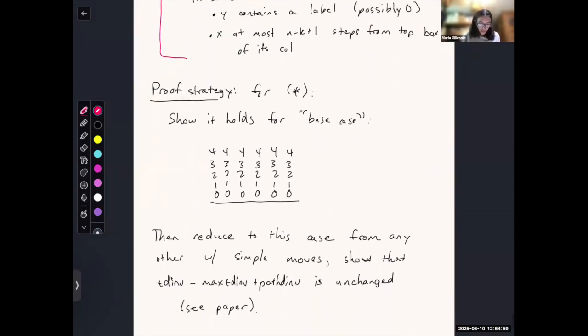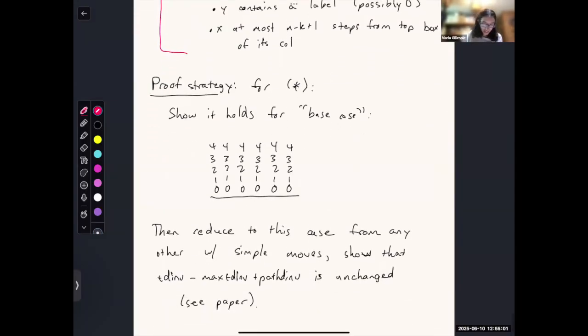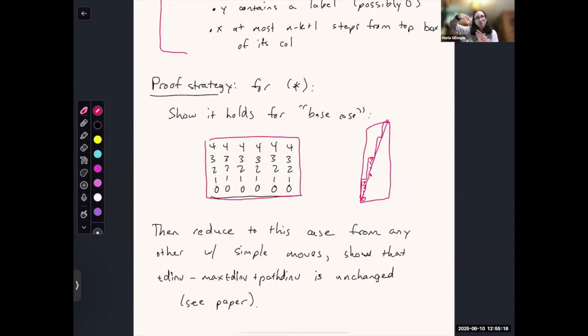And then the proof strategy is going to be show it holds for the base case, where the base case is the sort of parking function that looks like this. And intuitively on a big diagram, what it looks like is your dict path is hugging the diagonal and keeps coming back to it, and you're filling it with 0, 1, 2, 3, 0, 1, 2, 3, or something like that, right? Just like the sort of most bottommost case. You can just calculate straight out what's the TDIV, what's the path div, what's the max TDIV, and that equation